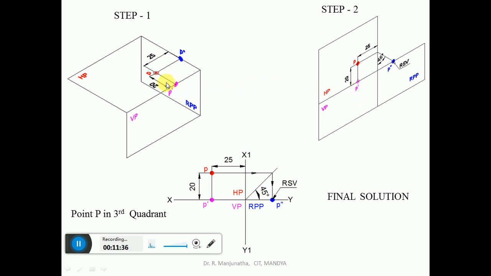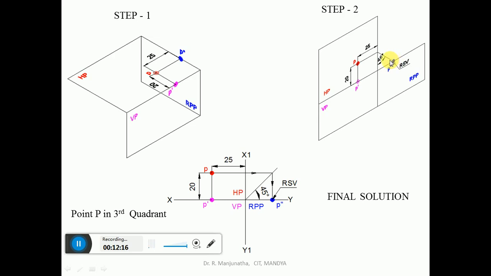Then the front view and side view both will be on the same line. So you draw a horizontal projector from here to the profile view. This will be on HP, and this will be on VP. Then the distance behind VP, which is 20 mm, when it is projected here, it will also be 20 mm. When we draw a 45 degree line here, this vertical distance is transformed into horizontal distance. Where you have the front view, on that line you are going to get the side view, so you are going to get this point here.